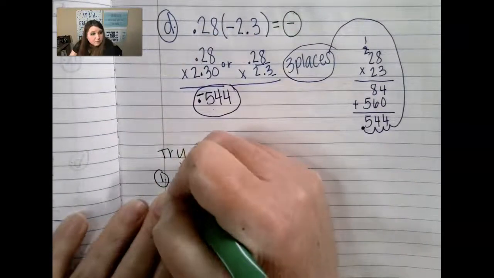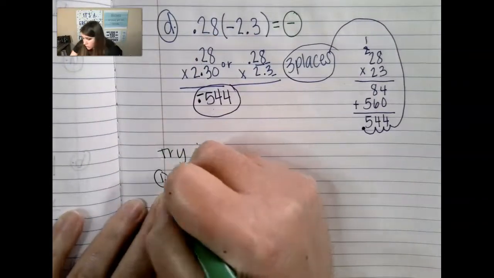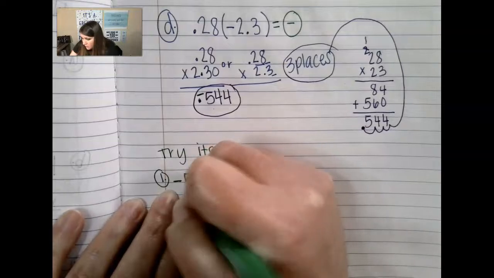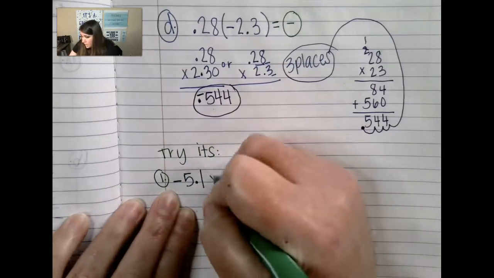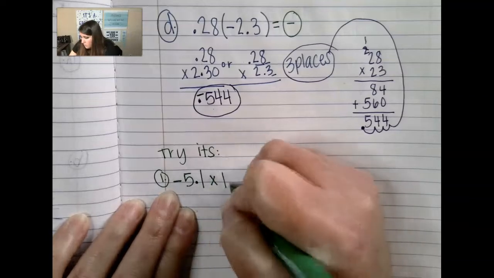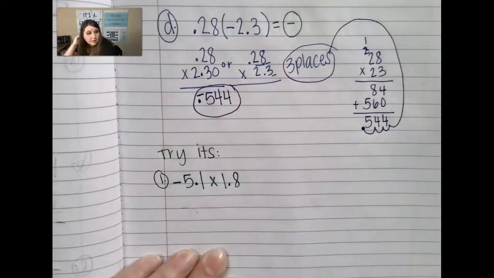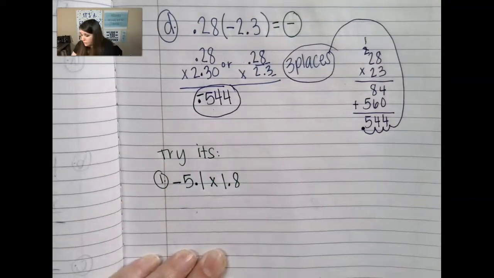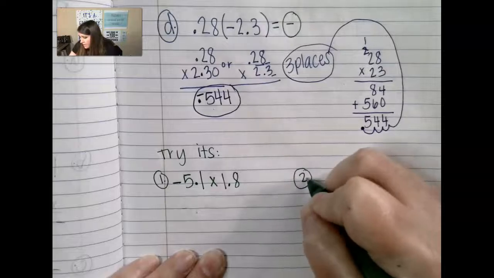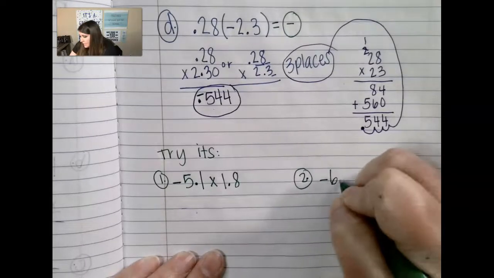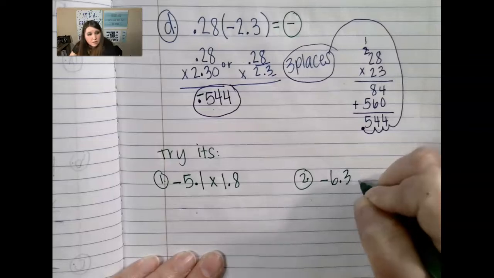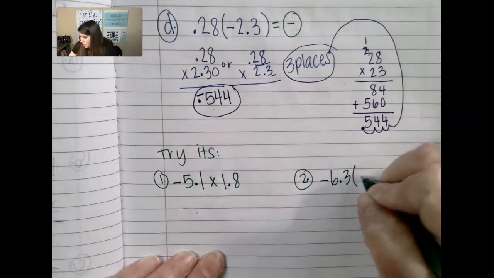Okay, this one, it's always good to go back and double check your work. Sorry that Miss Englander is not doing that tonight. Negative 5.1 times 1.8. Okay, that's your first one. And then your second try-it is negative 6.3 times